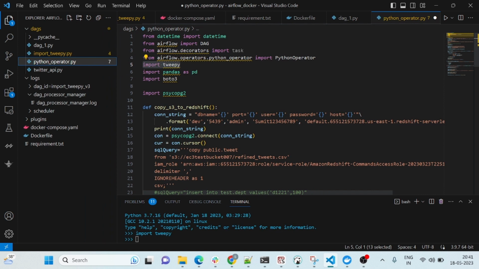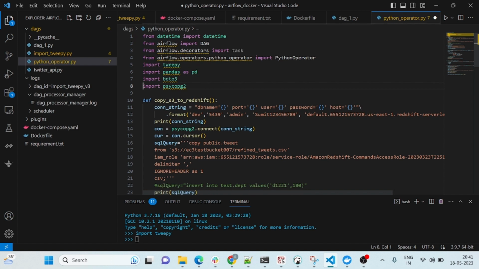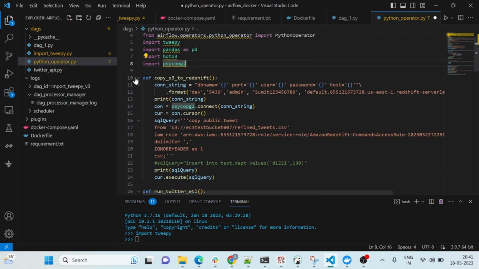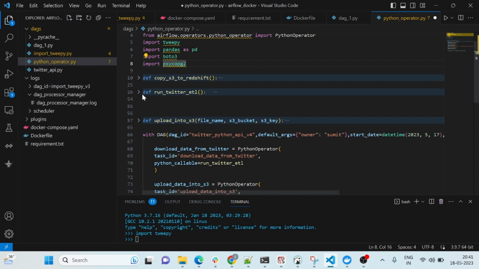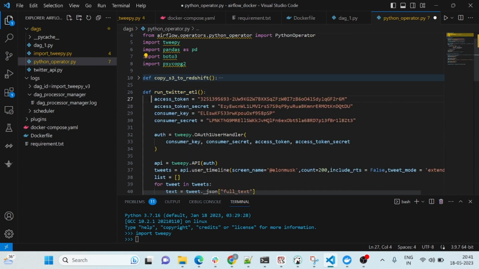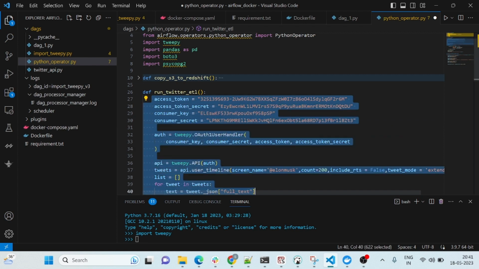Okay, so if you see, I have already created this function. This is very simple. I'm importing the date parameter. I'm having DAG. Also, I am having the Python operator, and pandas, and Boto3. Also, I'm importing the SQL query library. Okay, so I'm having 3 functions here. If you see, the first function will run Twitter ETL, importing all the data from Twitter, and it is saving